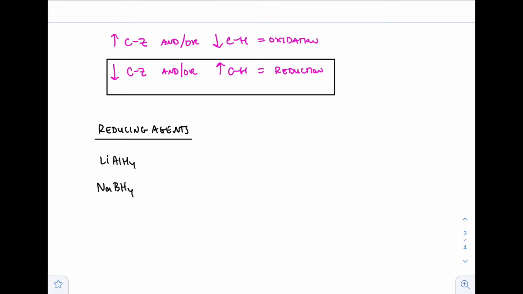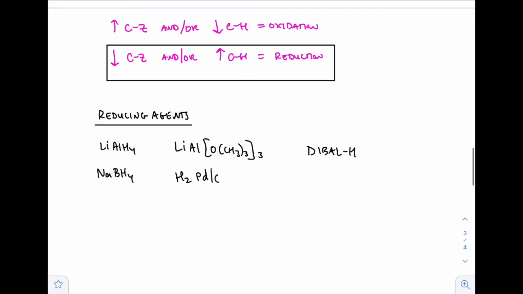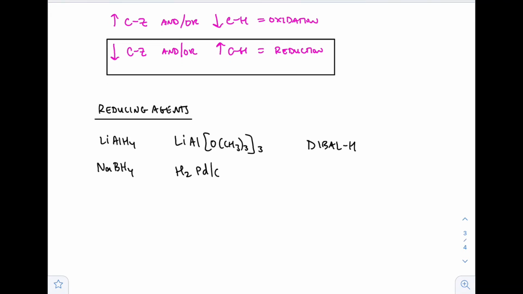So lithium aluminum hydride, sodium borohydride, and then I like to call this, as you know, lithium chicken foot, because they got the tert-butoxide. They got 3 tert-butoxides. Are you serious right now? And then H2 palladium on carbon, DIBAL, and then we have our super fun enantioselective reducing agent,